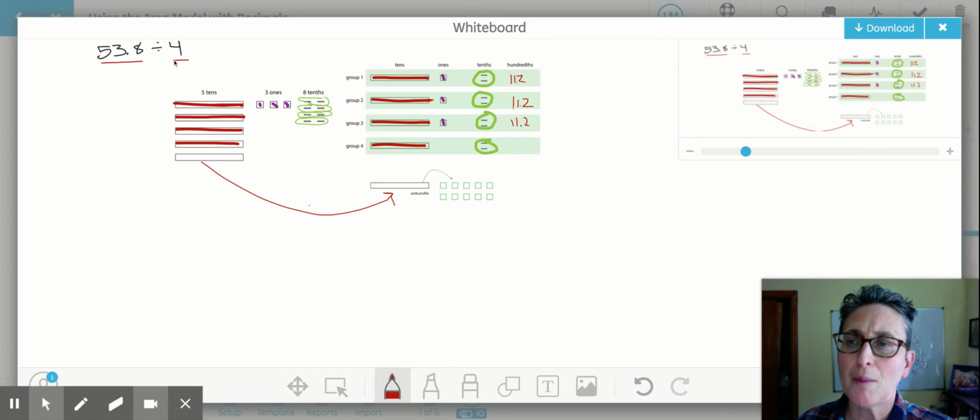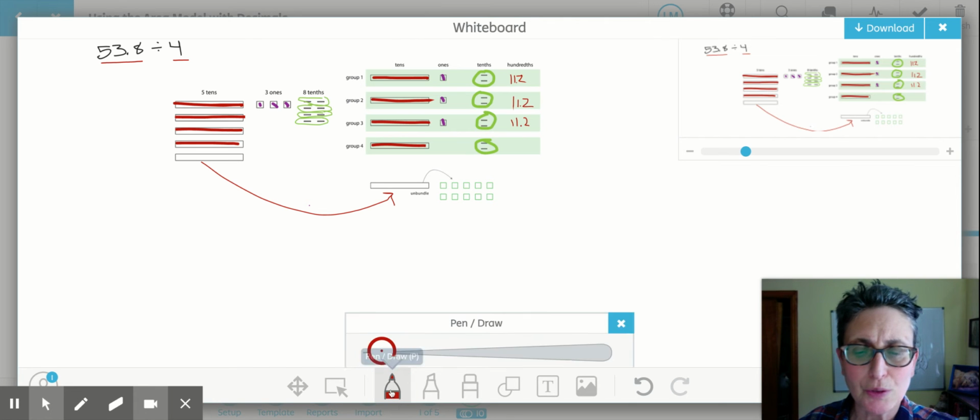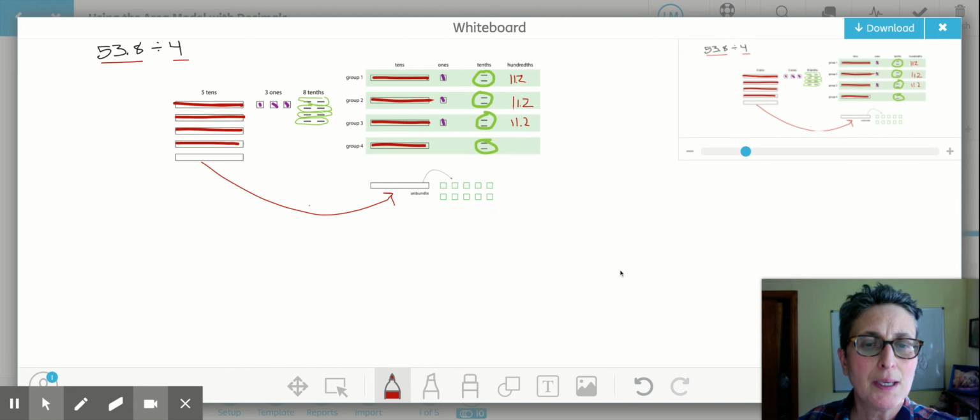Today we are dividing decimals by whole numbers. So I have 53 and 8 tenths, and I'm dividing it by 4. The model that I'm using here has it in 4 groups, and they've already started to be divided up. And so the tens, 4 of the 5 tens have been put into a group. We only have 3 ones. We have 8 tenths, so we can have 2 tenths, and 3 of the groups rather, have 11 and 2 tenths, and one group has